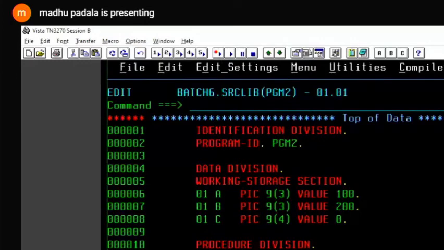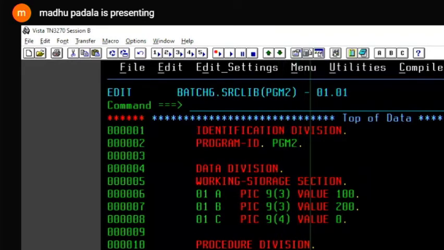So display A, display B. I want to see A as this value, B as this value. That's why I kept my variable name in the quotes. A colon A, B colon B, C colon, A plus B, and C equal to, I want to display C. Or else I use a D here, which is not declared. Do we have a D variable here? No, sir.